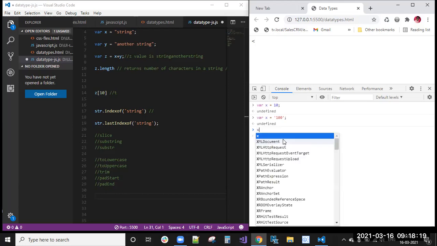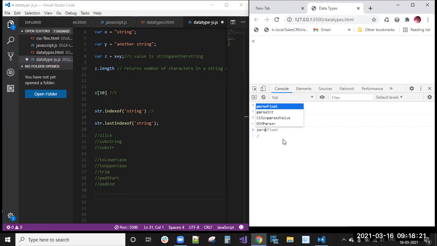So Number, parseInt of x. Then that numeric string, this 100 in string format, is converted to a number. Actually, this is the parseInt method.